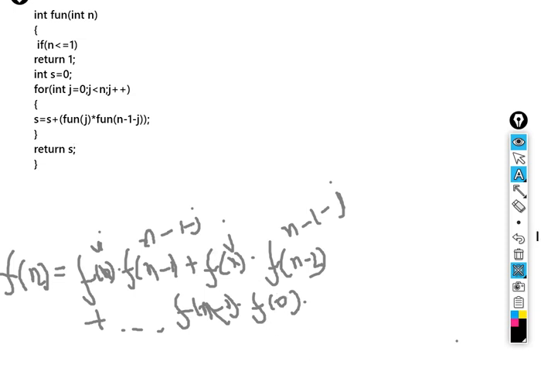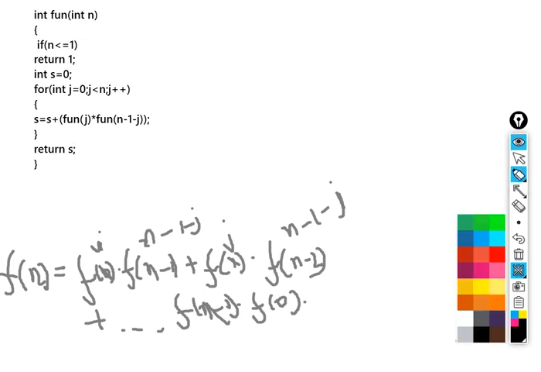For example, we had f of 4, for which we clearly saw that f of 2 was repeating twice, f of 3 was also repeating twice. So why not store them somewhere? So how will I convert this recursive solution into a dp solution? All right, so let's start seeing what things we need to remove and how I will code my way out. This is a very important trick. So let's code our way out.